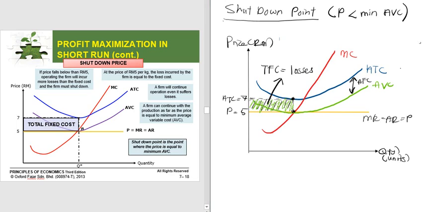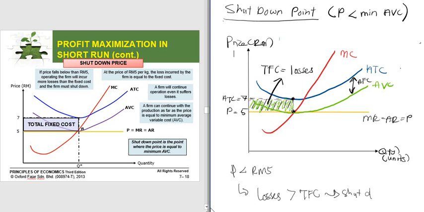When the price is lower than RM 5, the losses the firm is making will be more than the total fixed cost. If losses are more than the total fixed cost, the firm should shut down. So basically RM 5 here is the shutdown point, and if the price goes below RM 5, then the firm should shut down the production. Alright,